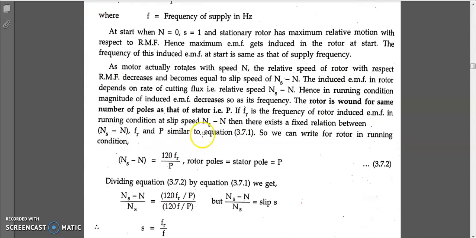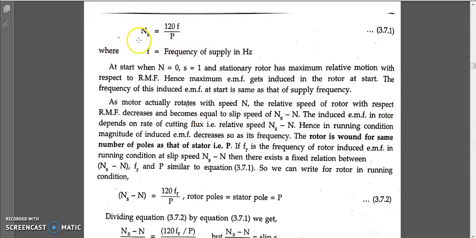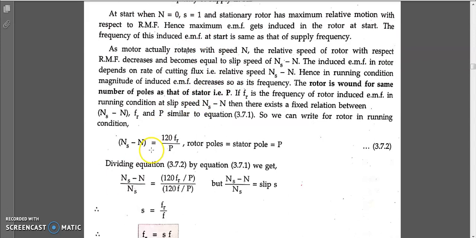Okay. So you know that in this formula, ns equal to 120 f by p. But tell me where this speed is. Yes, this is a synchronous speed present in the stator part. And the similar thing we need to write with respect to the rotor. Two things are there, the one with the stator, the other with respect to the rotor always. So remember, rotor will always rotate at the what, subsynchronous speed, or also you can call it as what, slip speed. The slip speed is always what, the relative motion between ns as well as n. So instead of writing just n equal to 120 f by p, I'm writing what, relative motion speed, that is ns minus n equal to 120 fr by p.